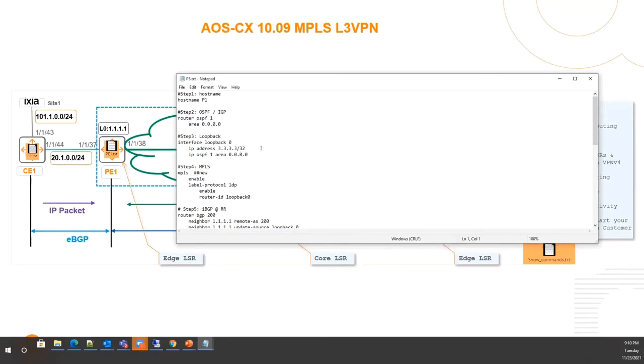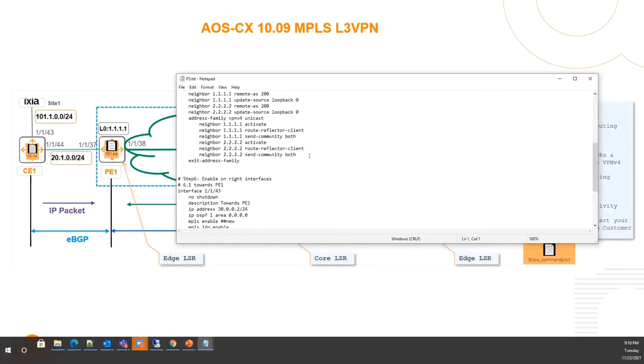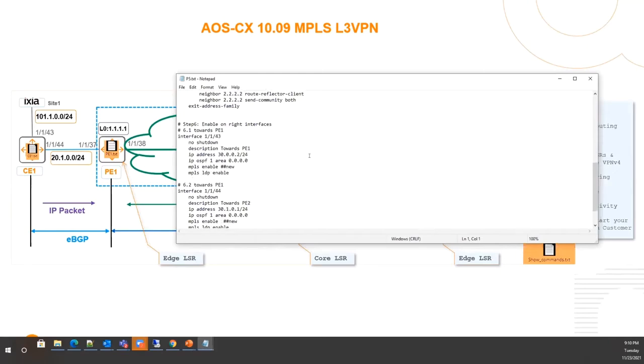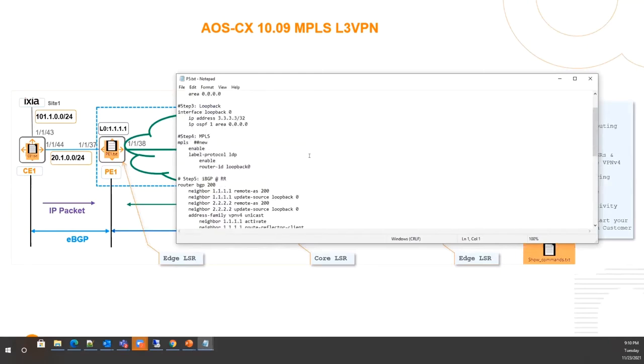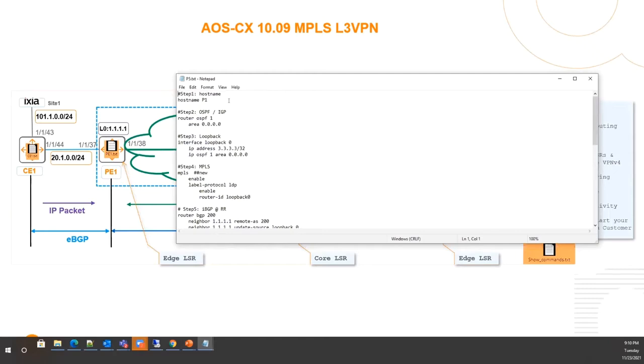As Daryl said, we always recommend to keep the P as a route reflector. So if you look at it, this is how you're going to do it. Here the steps are fewer. There you had the 7 steps. Here you're going to have 6 steps, 1 to 6, including your host name. So that's so simple. The team has worked it out. So the host name is what you're going to configure, whichever the P router.